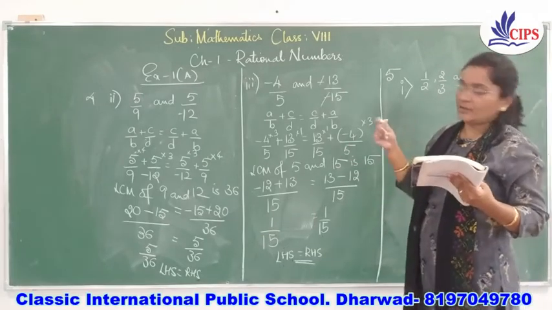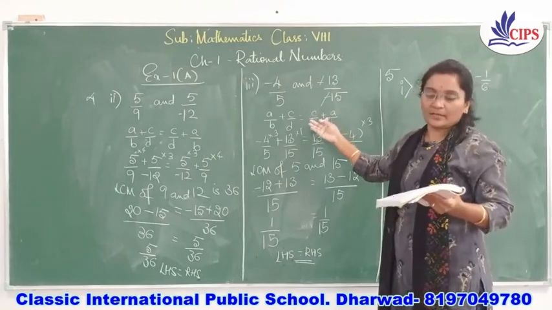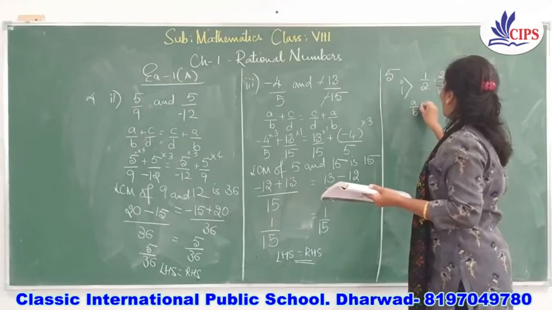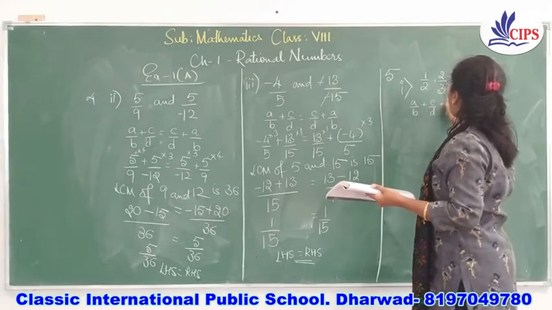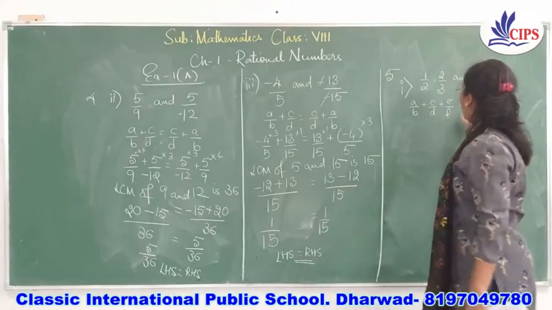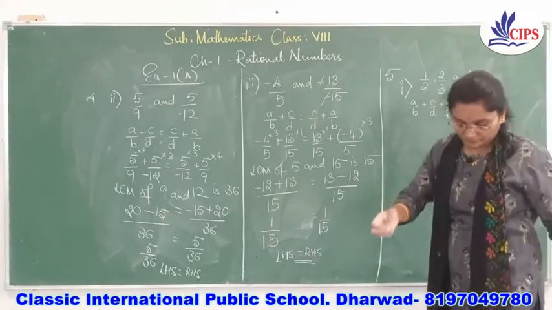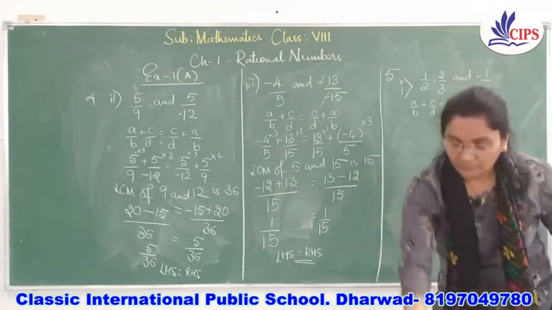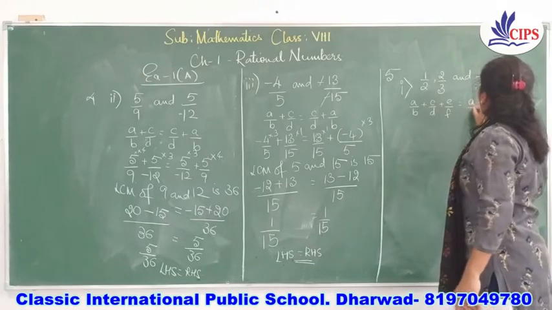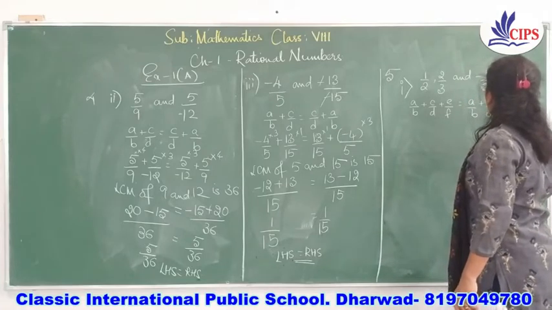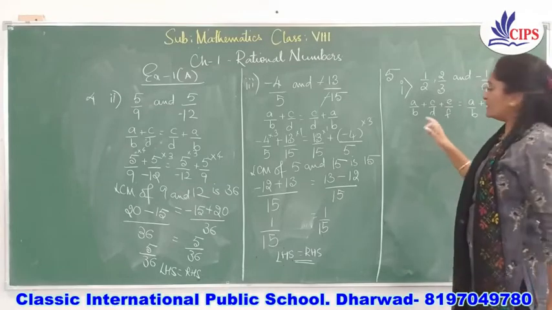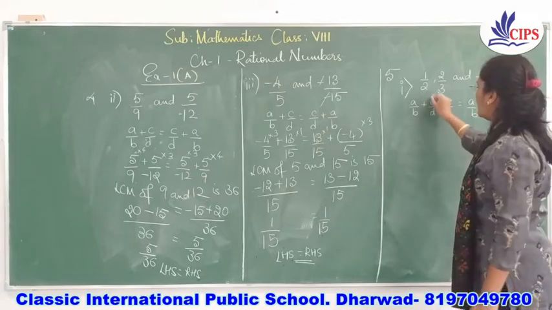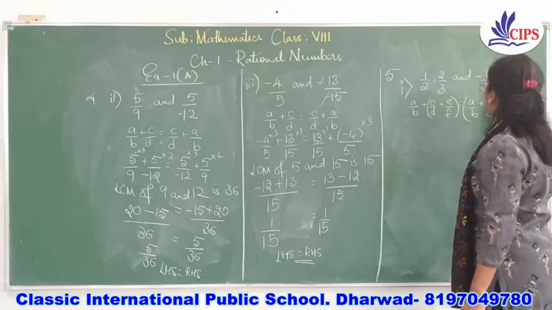So in commutative property we were writing a/b + c/d = c/d + a/b. Now we have to use 3 numbers, that is a/b + c/d + e/f equal to a/b + c/d + e/f. So we have written the same numbers in the same order, but grouping will be different here. In the first one I'll group these and in the second one I'll group these.